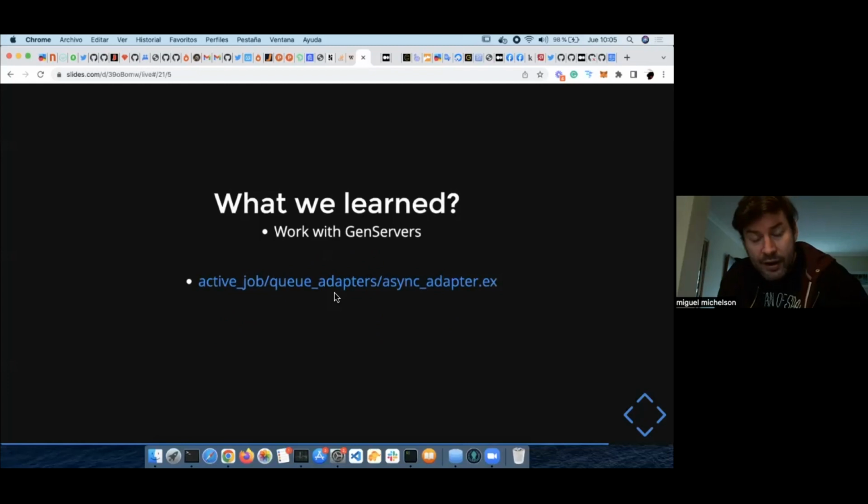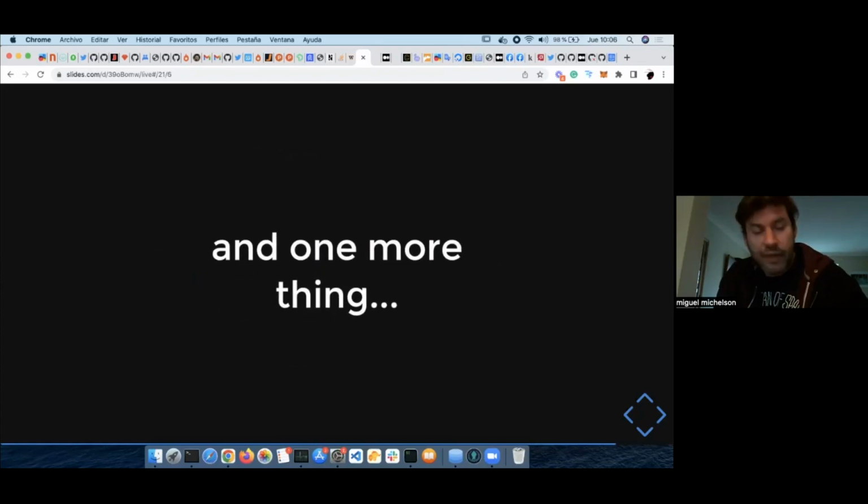So what I've learned in this implementation is about GenServers. That's really, really amazing. And a little bit of metaprogramming too. And one more thing,